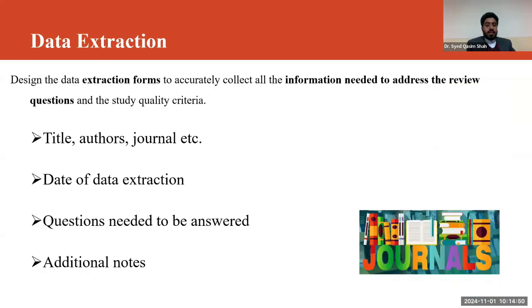The next thing, once we identify this, we go for data extraction. We extract the information. So basically for designing the data, extraction forms are always there. We will talk about the different types of extraction forms and how we can use them to collect the available information needed to address the review questions, whatever our research question and the study quality